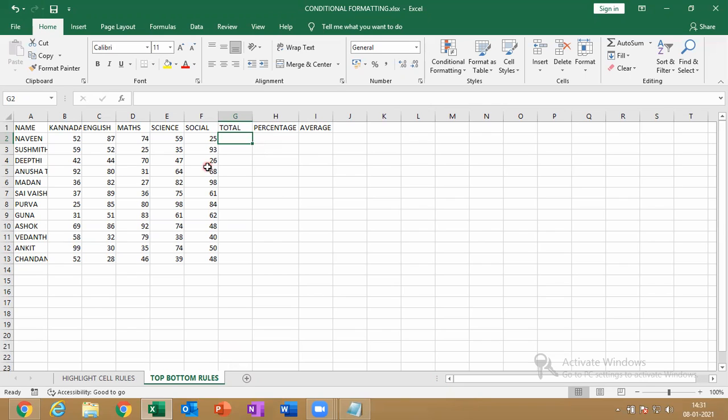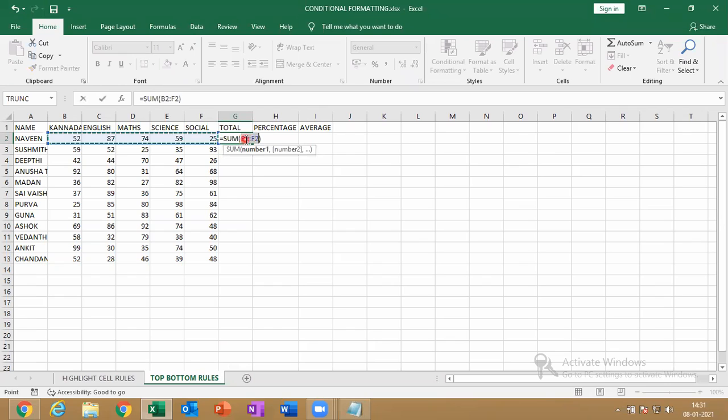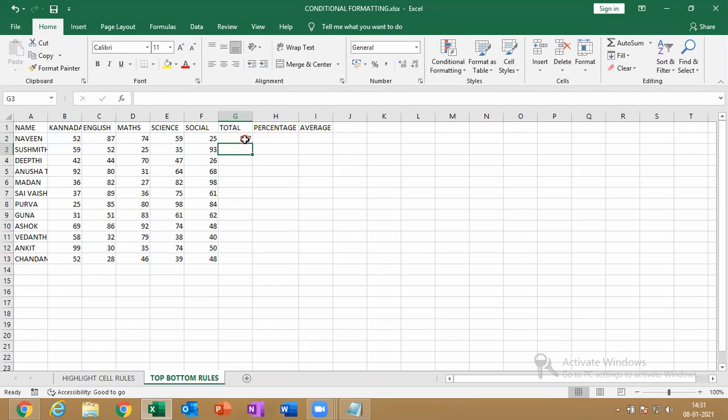Alt equals. Press Alt equals. It will do what? Auto sum. Give enter and drag and drop. Or else you can just select the range from here to here and give auto sum. Is it clear? Getting that?